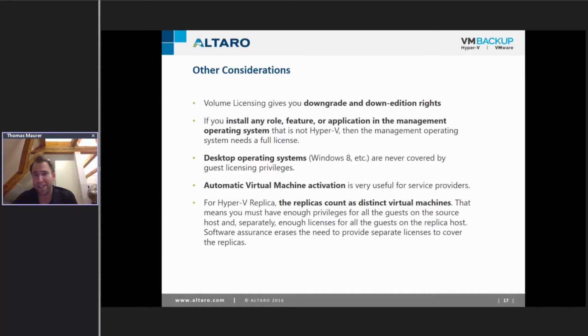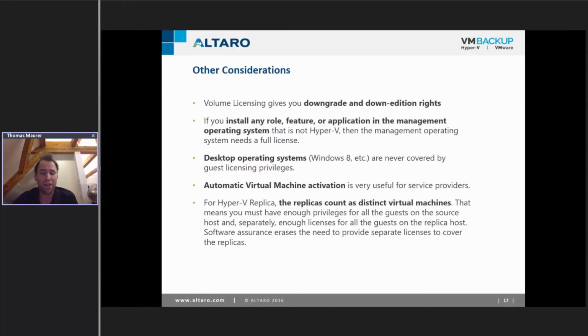Another very important fact, especially for small environments, is that with Standard you get 2 virtual machines licensed, right? So you can basically have 2 virtual machines if you're using the host only for Hyper-V. But if you're using the physical host, for example, you install the Hyper-V role and you also create the Active Directory domain controller on that host, it will count as a virtual machine. So you'll only have the right to do another virtual machine on it.